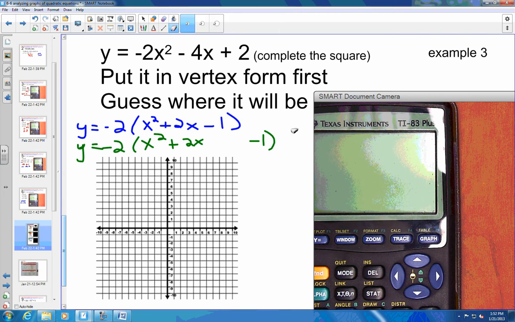Oops, I probably need to erase this. This is going to get a little confusing for you at first, and hopefully you will get used to the idea. Okay, then I need to complete the square. So half of 2 is 1, and 1 squared is 1. So this is actually going to be a +1 right here, and if we add 1, we need to subtract 1 right there. Now remember that we are distributing this -2,